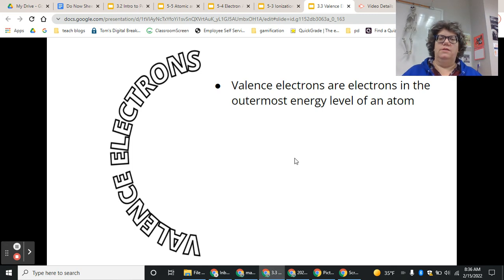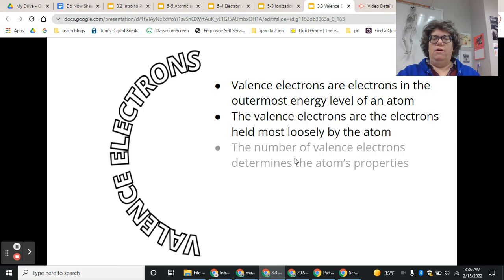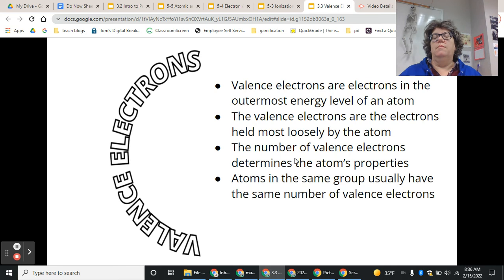So when we talk about chemical bonding, they are the ones that are most important. So obviously they're the ones held most loosely by the atom because they're furthest away from that positive nucleus, right? So the negative electrons and positive protons attract each other, but because they're further away, they are held more loosely. And in chemical bonding, gaining and losing electrons is a